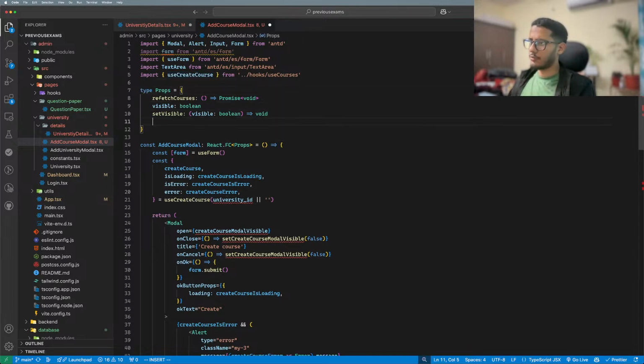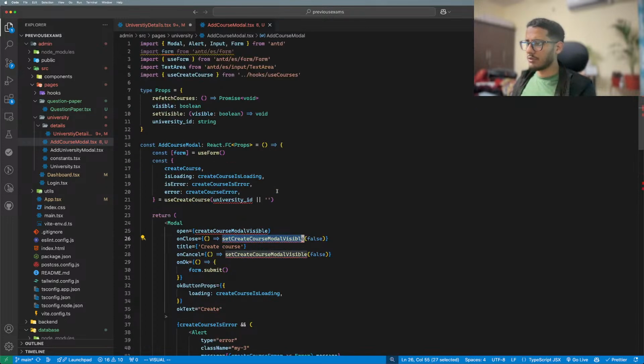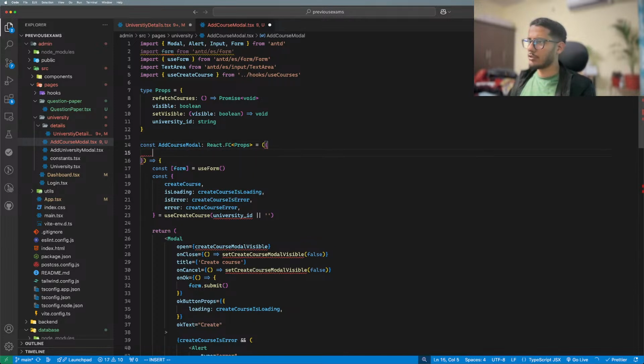Yeah, that's true. University ID. That should be a string. There you go. So do we need anything else? Set course visible. Oh, so this is that thing. Okay, set visible. Okay, so over here, what we can do is we can just destructure the